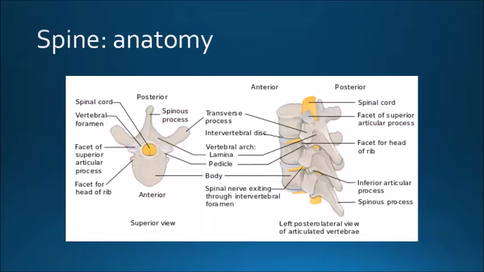Coming to the anatomy, here you can see the bony anatomy of the spine, a vertebra, where you can see different parts of our vertebra. Most posteriorly, we have the spinous processes. Then we have the laminas on both sides. Then we have the transverse processes. Then we have the superior and inferior facets and the pedicle. And most anteriorly, we have the vertebral body.